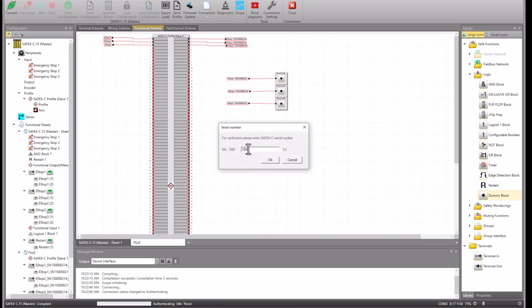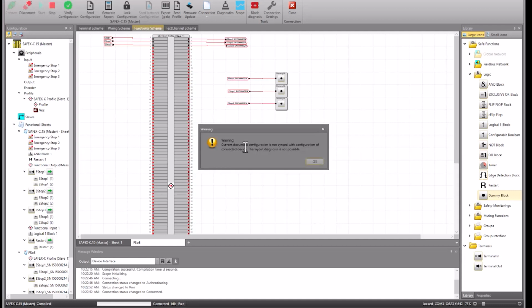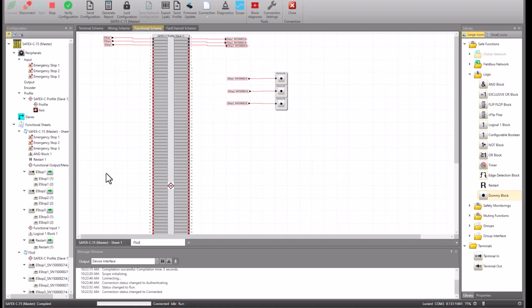And I connect to the controller. And send the program now to the controller. I lock the configuration and I am actually done with it now.